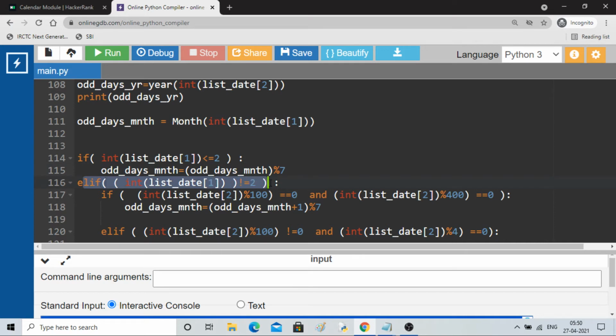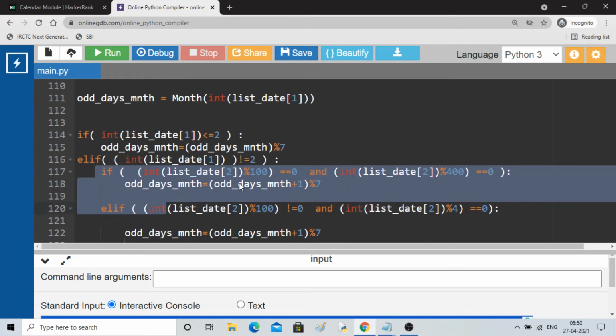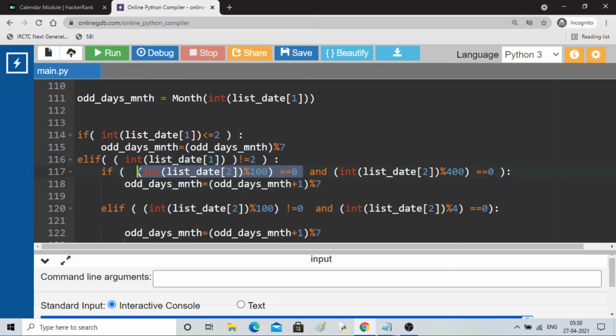But if it is not equal to 2, meaning it is greater than 2, then what will happen? It will check for 2 conditions: whether the given year is divisible by 100 and divisible by 400, then it is a leap year, meaning it will add 1 for the February month, right?